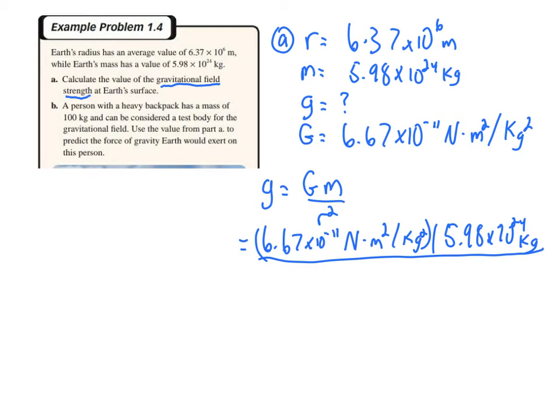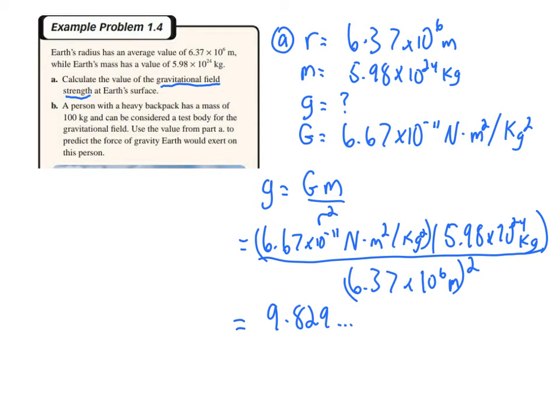And then we're going to be dividing that by the radius squared, which is 6.37 times 10 to the 6 meters. But then we need to square that entire thing. Do not forget to square the denominator. Very, very common mistake. So if you enter this into your calculator properly, you should come up with the answer of